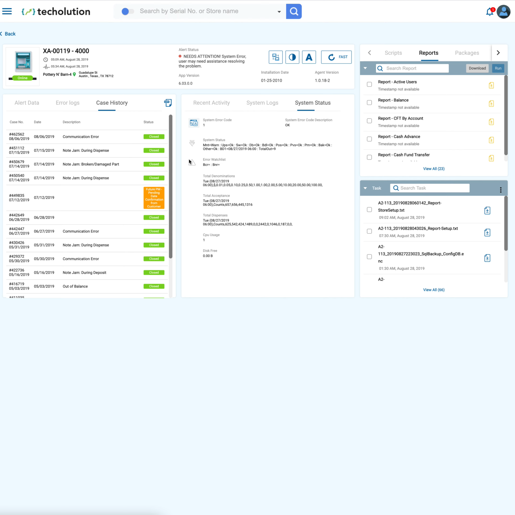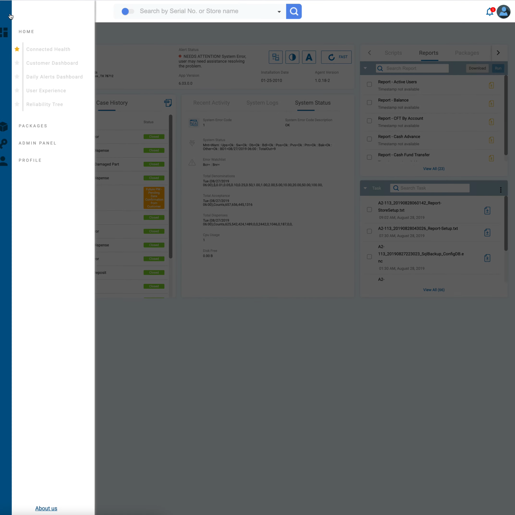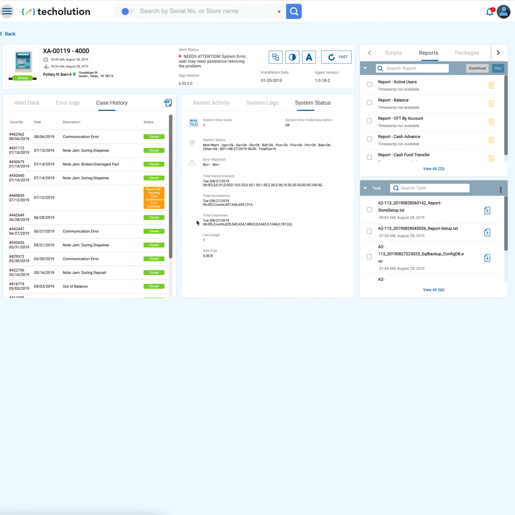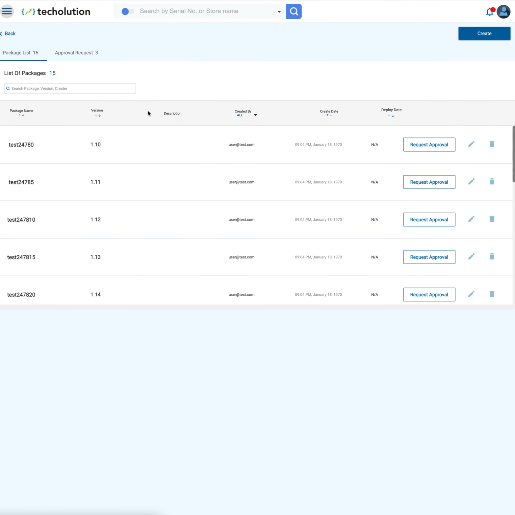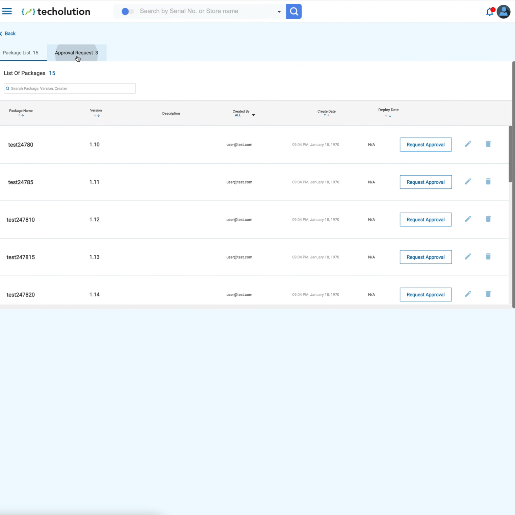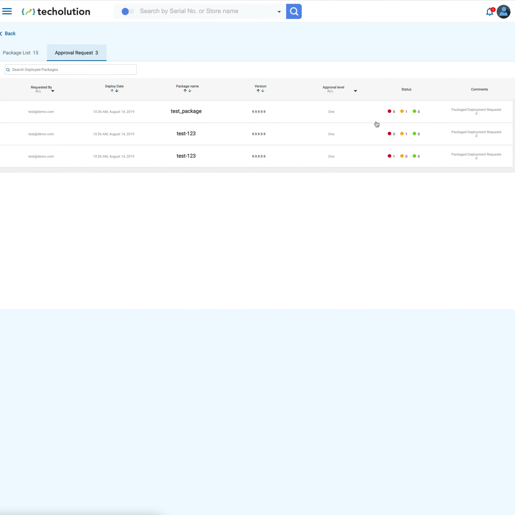So let's dig a little deeper into that. Let's say that I'm an admin here, and I want to be able to go in and manage a couple machines at a time, or push a change or a software update. We give you the ability to essentially create packages and approve those packages. So you can see the approvals, which are the packages that we're looking for approval on,